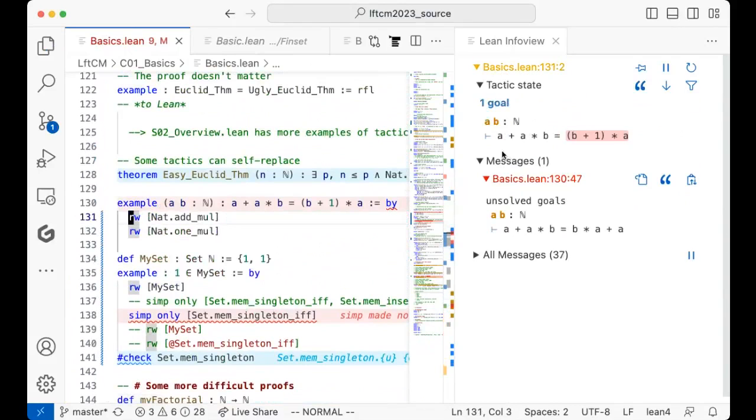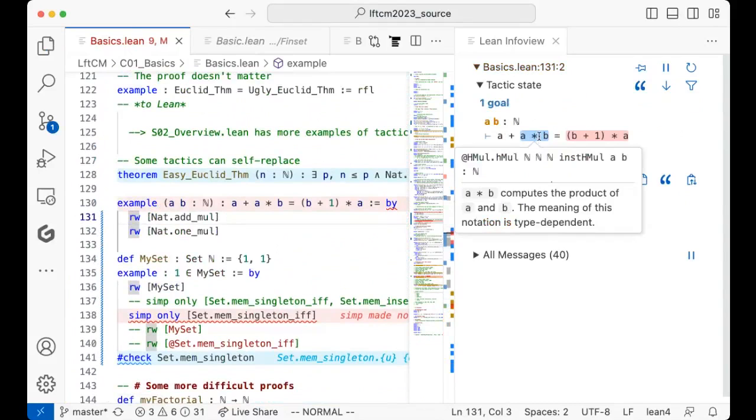So in this case, we as humans know that when I've written A times B, I'm doing the A times B before I'm adding A. This isn't A plus A in brackets times B. We as humans know that. Lean is also clever enough to know that. But I can also double check. If I hover over A times B, it highlights that section, showing that it has grouped those things together. What this is really doing is looking at subtrees of the syntax tree and highlighting those. So if I highlight over A, I should have